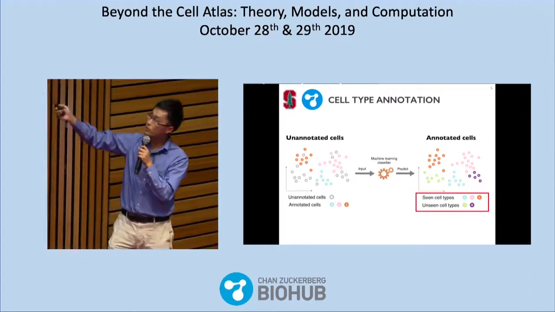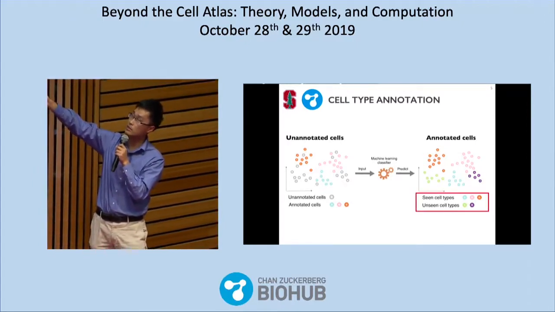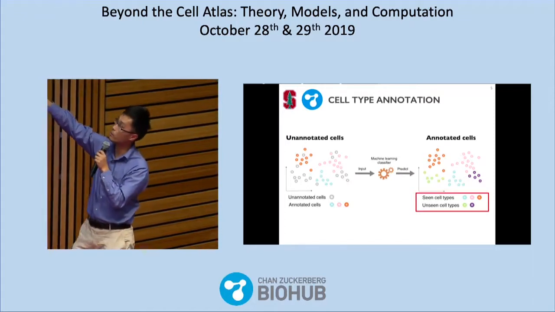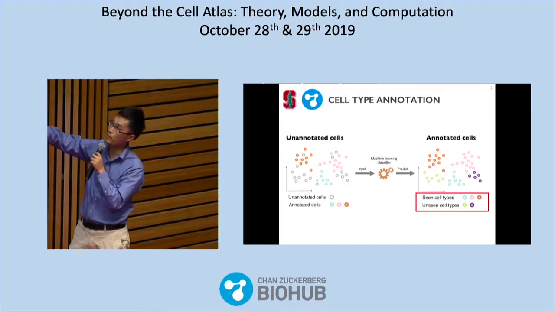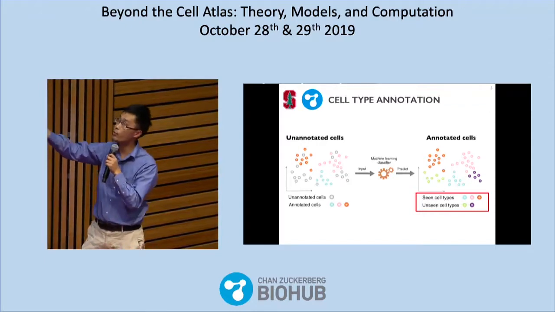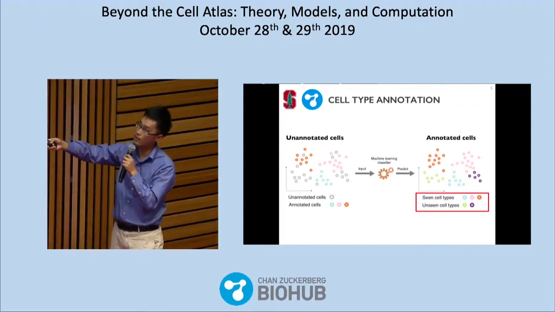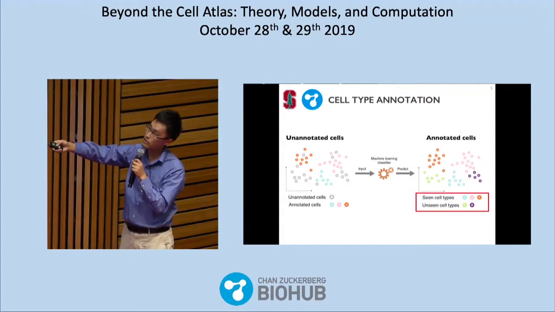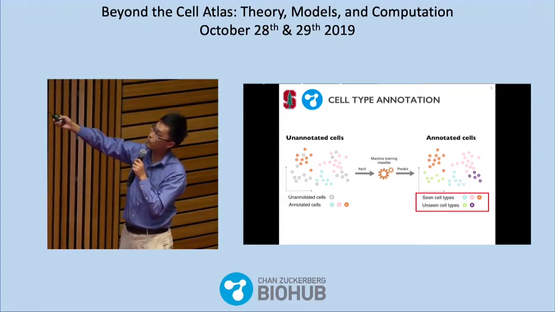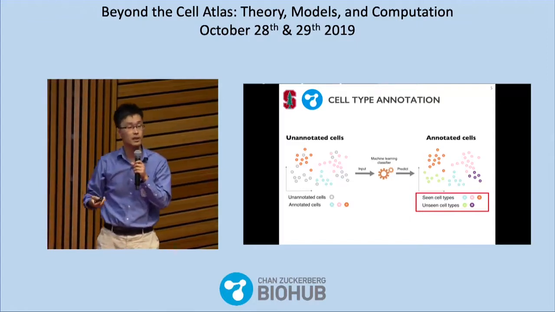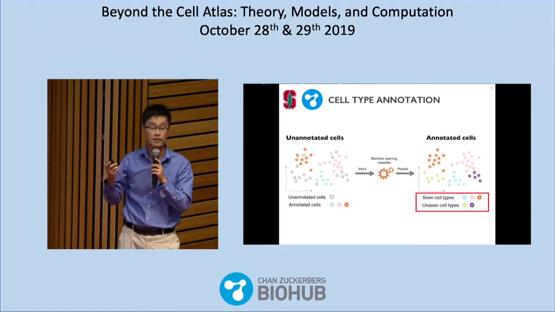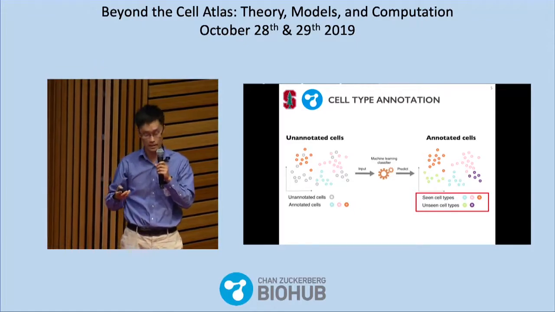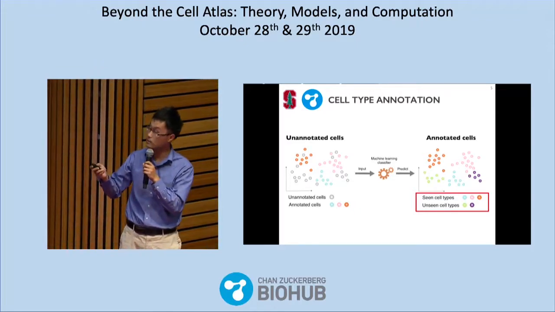However, those models cannot annotate unseen cell types. So you see the green one, the purple ones here. Those cell types only appear in the test data, but never appear in the training data. So when you use a multi-label classifier, you will incorrectly annotate those cells as either orange or blue, but not green or purple, because they never appear in the training data, and you don't know how their gene expression profile looks like. And this is the question we want to solve in this project, trying to use OnClass.